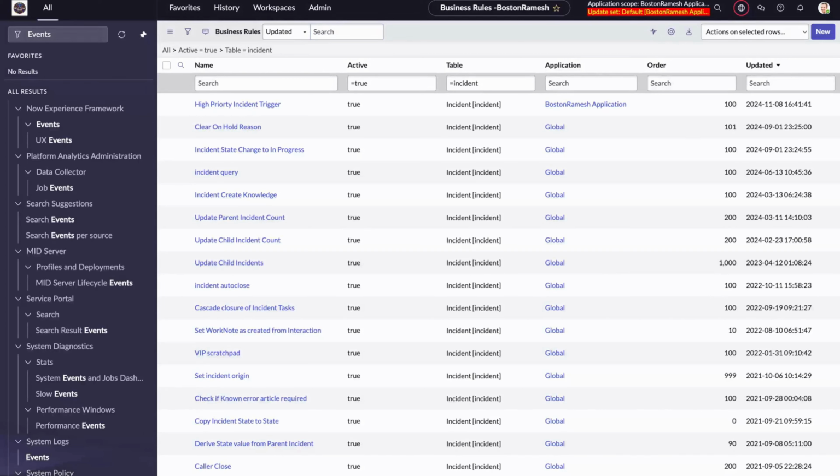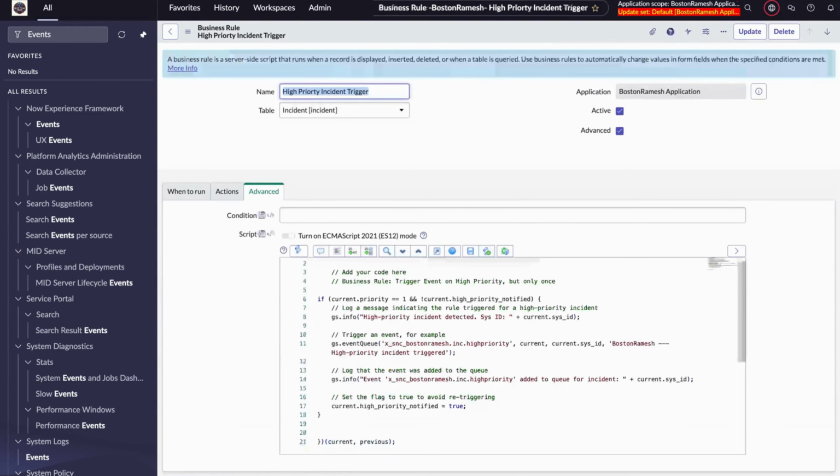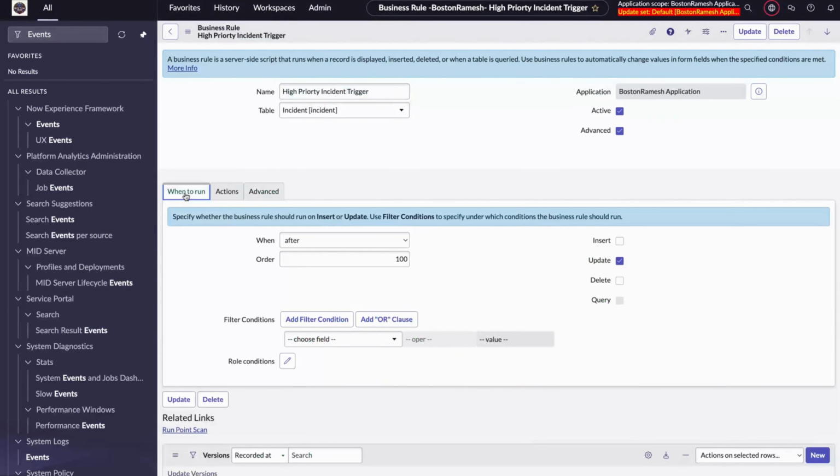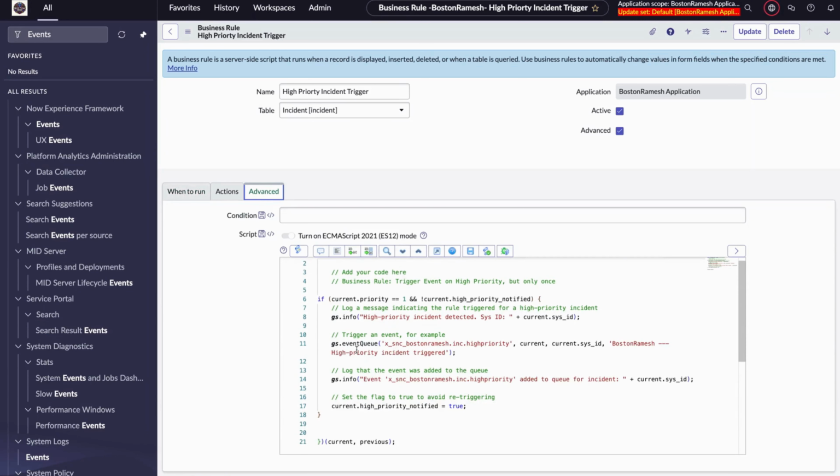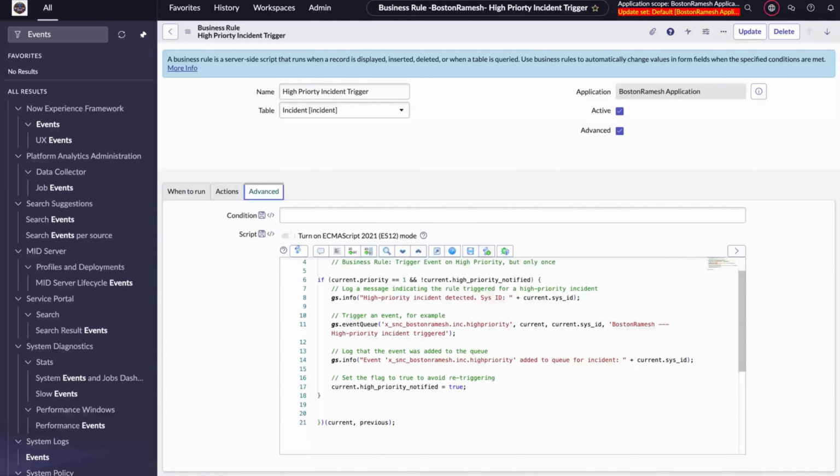The idea here is whenever an incident is updated with the priority critical, that is one, that means high priority, then we want to trigger the event. So here, this is the business rule, high priority incident trigger. It will fire whenever an update happens on an incident record. And what is the script that we are looking at here is we will